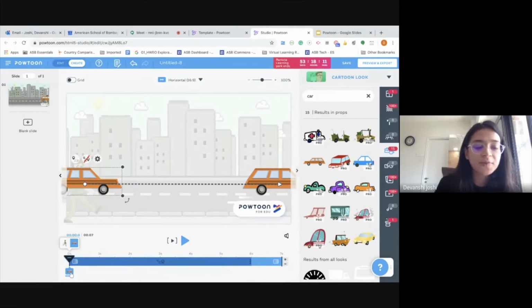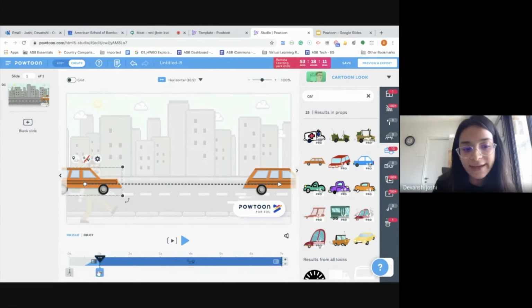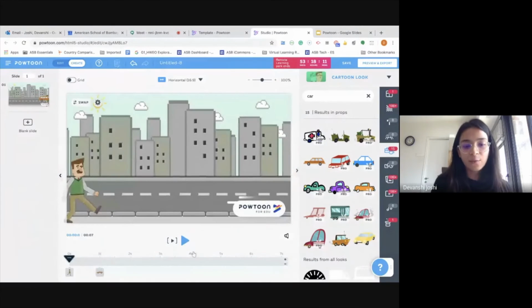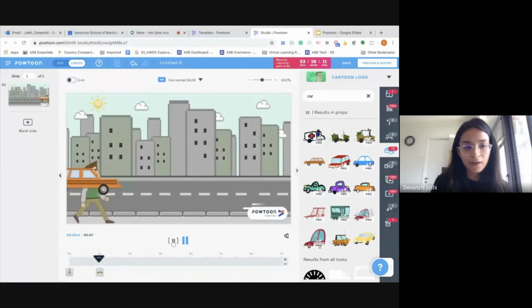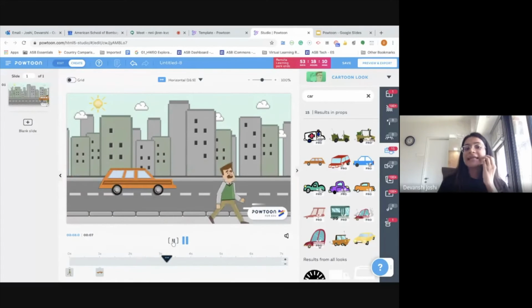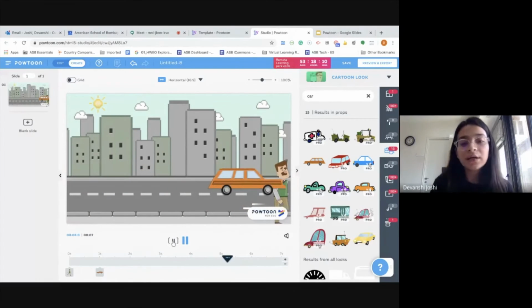And you'll observe that I have two objects or two characters, a character and an object. So if I want my car to move from say second 1, I can just tap on the car option here. Go ahead, tap on car, hold it, and then move it. So my car would enter a little later than the person, right? And then when I say play, now what's happening is I can see the car over the character.